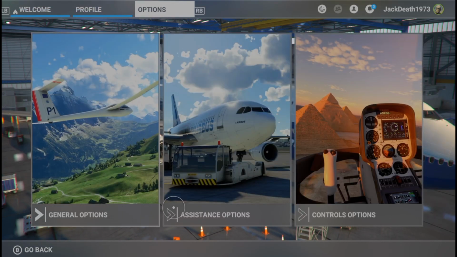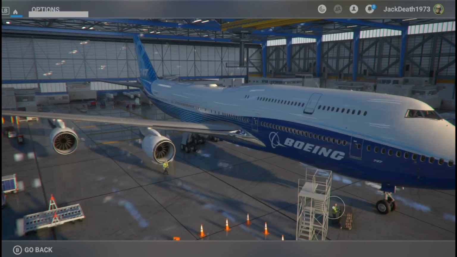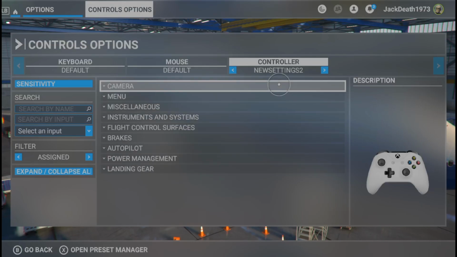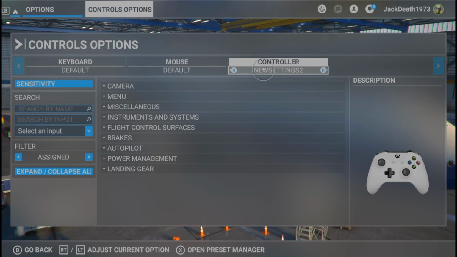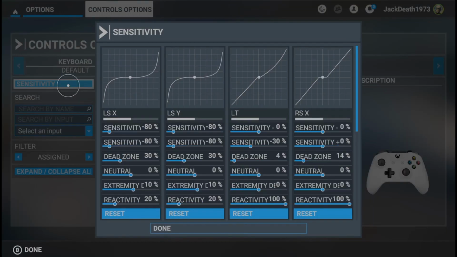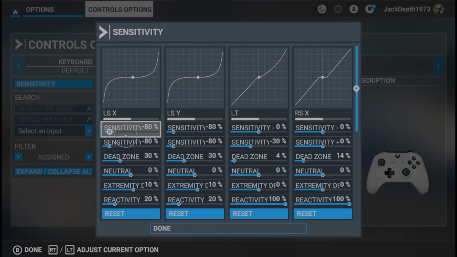So come out of that. We want to go over to controls and options. Now, this is my settings for my controller. It's my second set of settings. So we need to go over to sensitivity so I can show you. Right. So if you have a look at that, by default, sensitivity, these two here are set to 50, minus 50. If you knock them down to where I've got mine, minus 80,